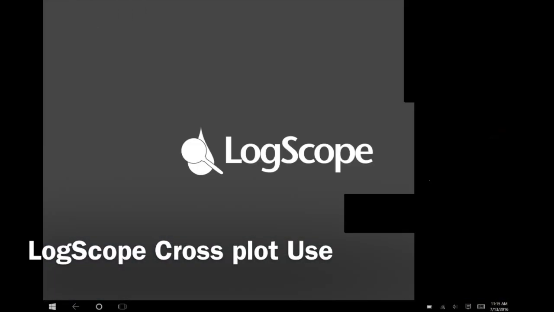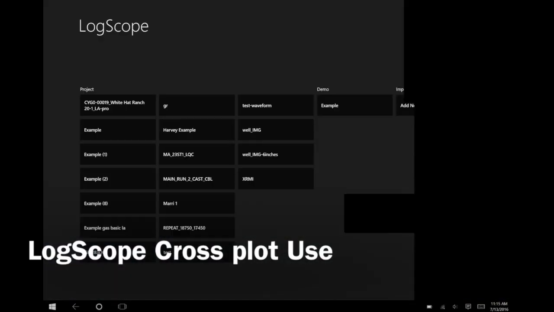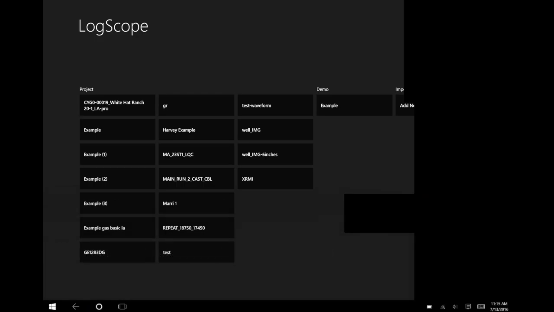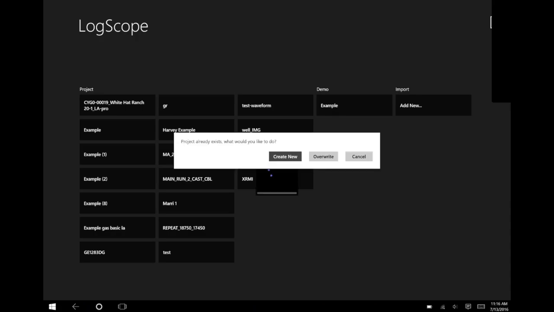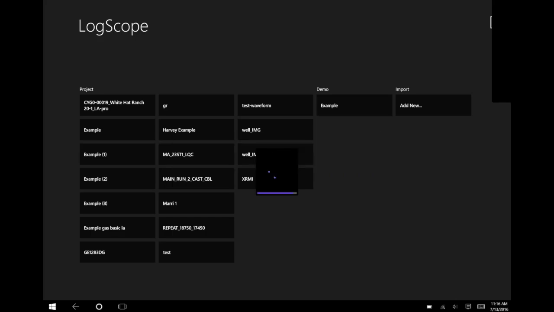So we'll just fire up Logscope and it loads up like so. There is a project and there is an import option, but we're going to use demo just to show you how the crossplots actually work. So if I tap on example, I'm going to create a new one. This is going to be called example 1,